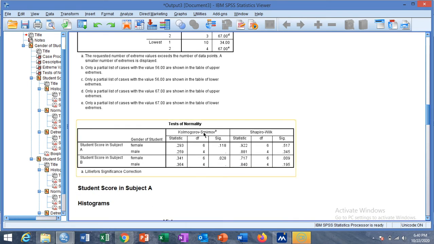This is the test of normality: the Kolmogorov-Smirnov test and the Shapiro-Wilk test.